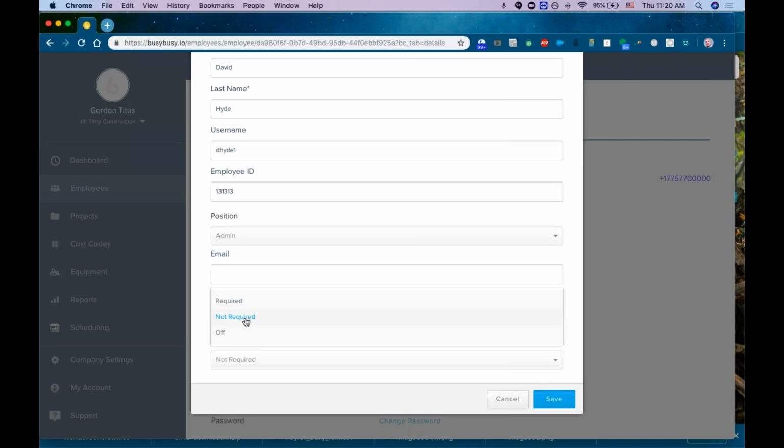You can make it not required, or you can turn it off. And if you turn it off, there's no map, there's nothing at all that indicates that the GPS is grabbing their location, and it's not. At that point, it's not grabbing their location at all. So we'll go ahead and hit save on that,